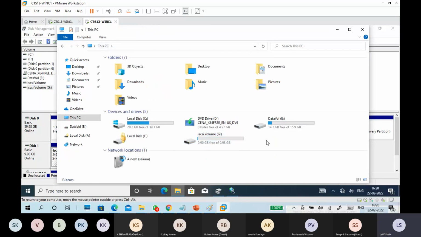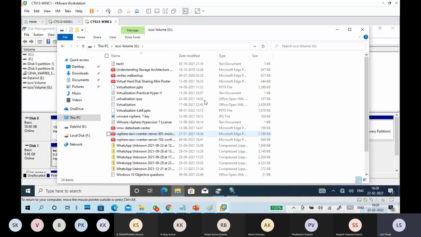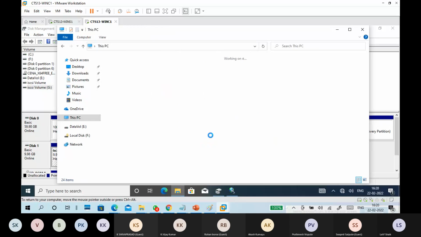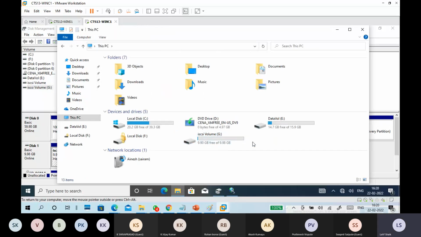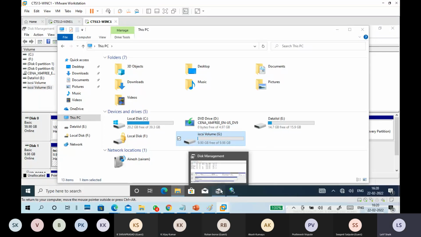The question is, guys, I put data in the Z drive, so where is this data stored? The original location in WinC1 or WinS1, where is this data stored? WinS1. Very good.